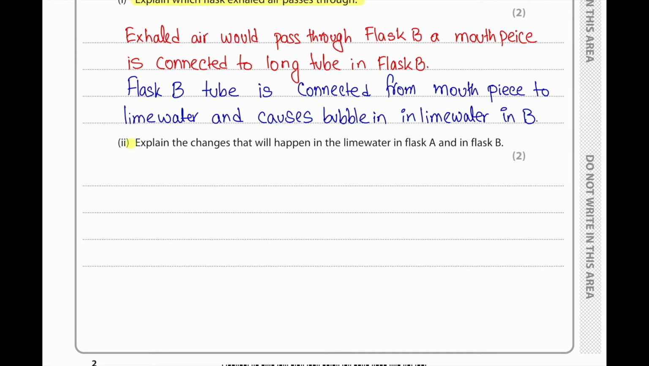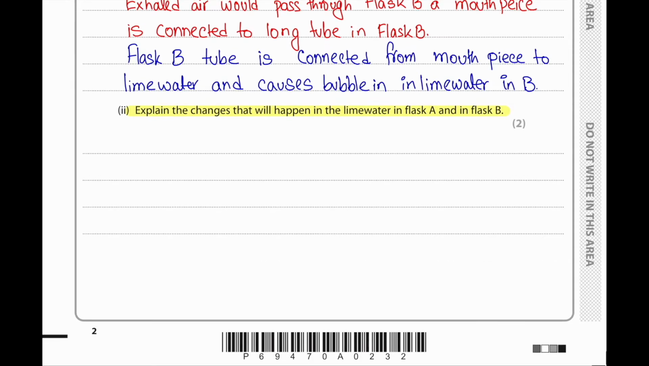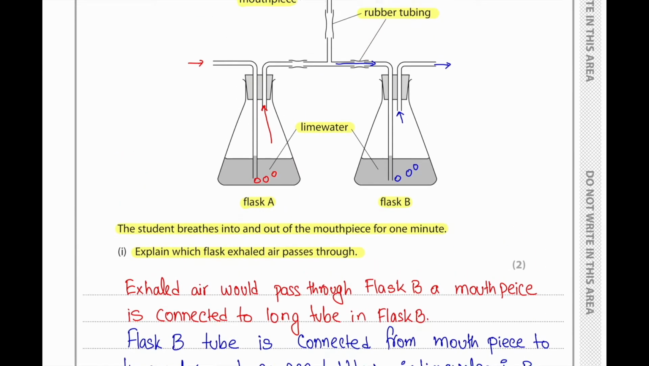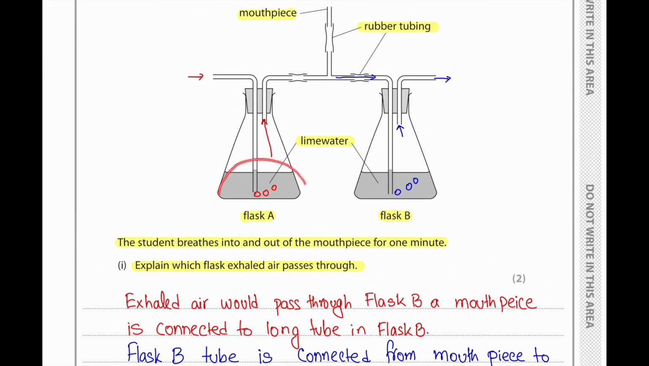Part 2. Explain the changes that will happen in the lime water in flask A and in flask B. So basically, the lime water in flask A will remain clear, because normal atmospheric air has only 0.04% carbon dioxide. However, the exhaled air which is passing through flask B would get cloudy faster, because